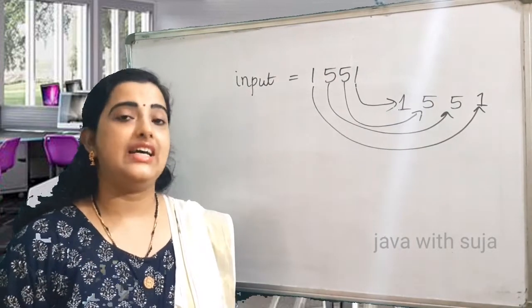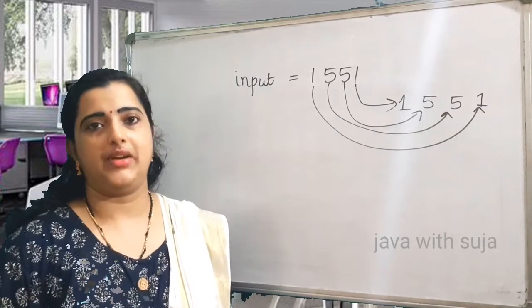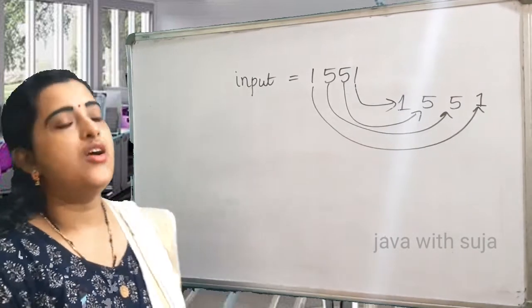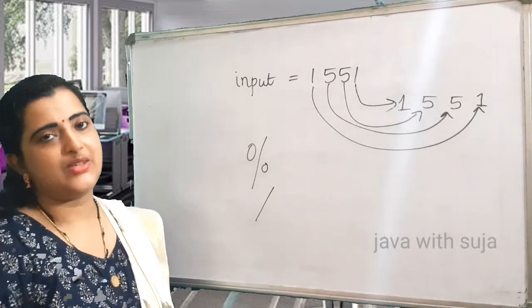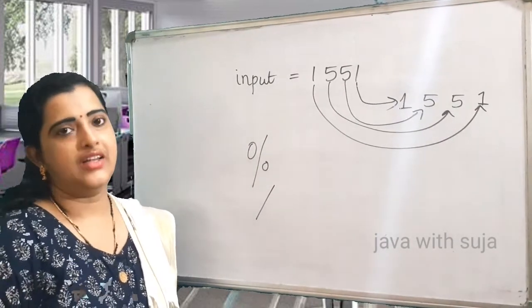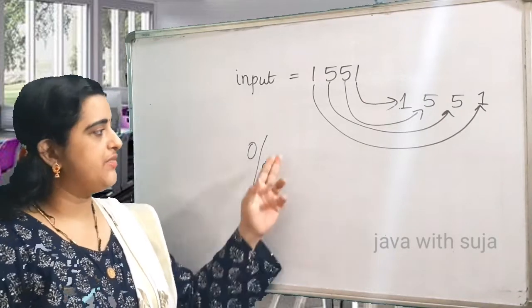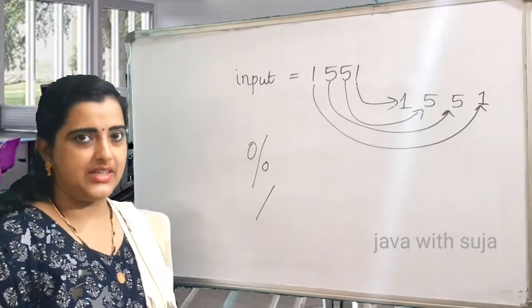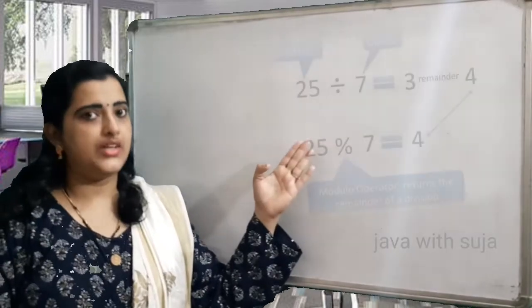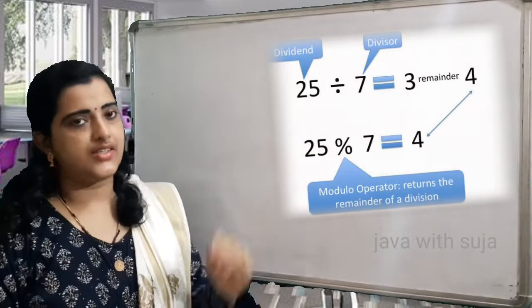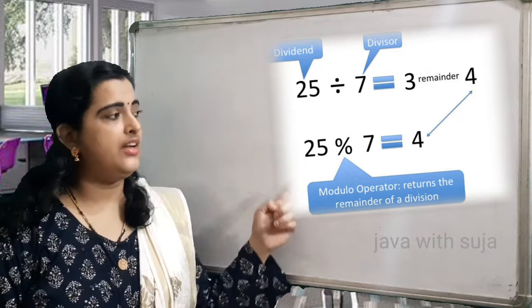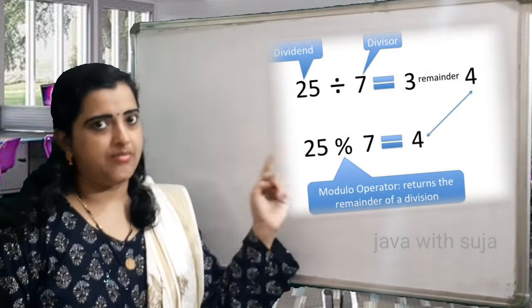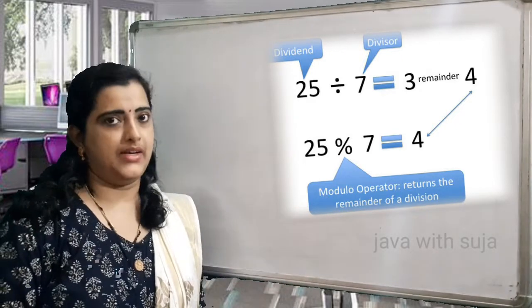Thanks to Java, as it provides plenty of operators, from which we are using the modulus operator and division operator to find a solution for this program. So let us see the working of the modulus operator and division operator in a Java program. The modulus operator will always return the remainder as the output after division, whereas the division operator will return the quotient after division, by avoiding the remainder part.